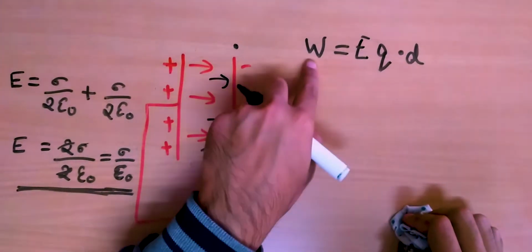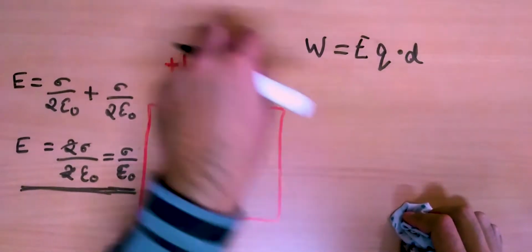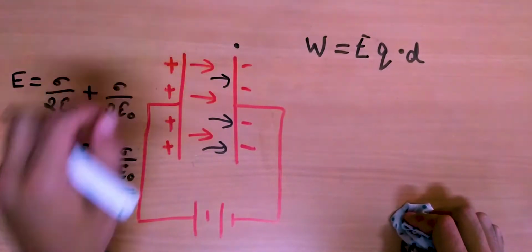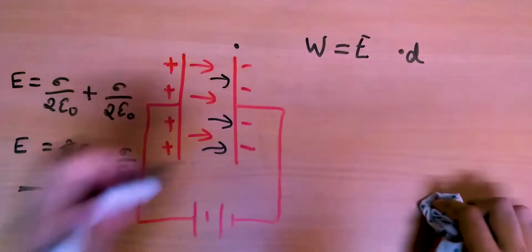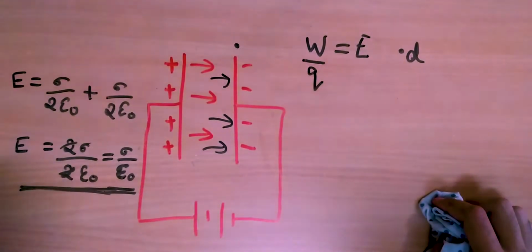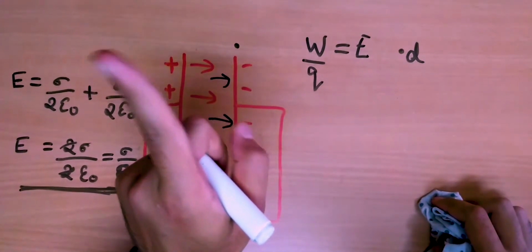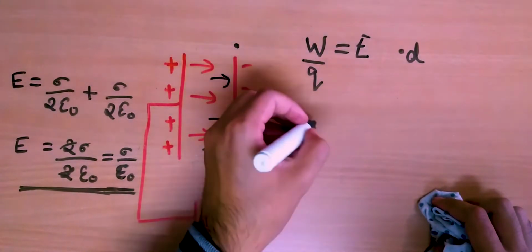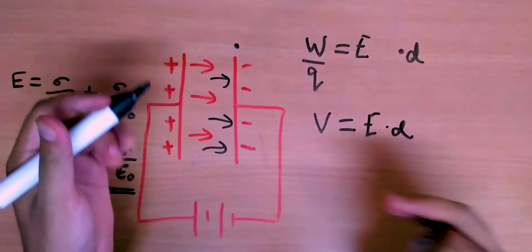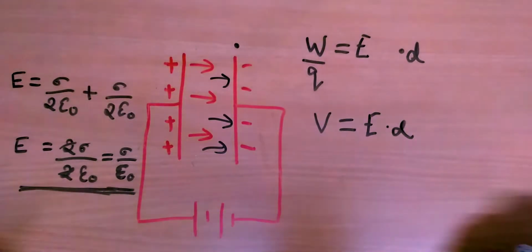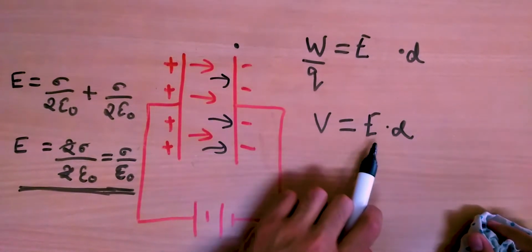Simple as that. And now what I get is work done equals electric field times the charge on the small charge, times the distance over which the charge has to be taken. Now if we simply take this Q from that side to this side, I'm just shifting it, what you get is the work per unit charge equals ED. What is work per unit charge? Well, if you remember, the work per unit charge is simply the potential difference or the voltage. So the potential difference between the two plates, or the voltage of the battery, because they are the same in this case. So the potential difference across these two plates is simply ED.